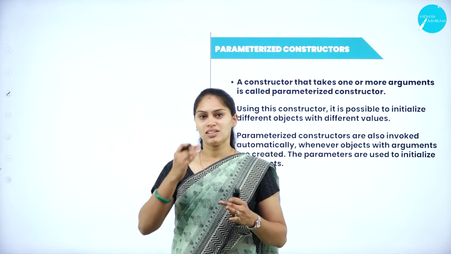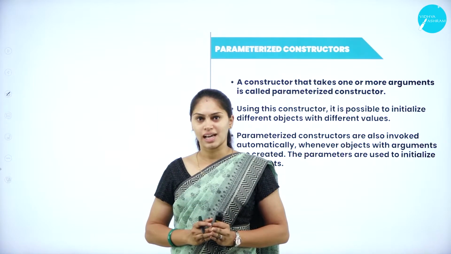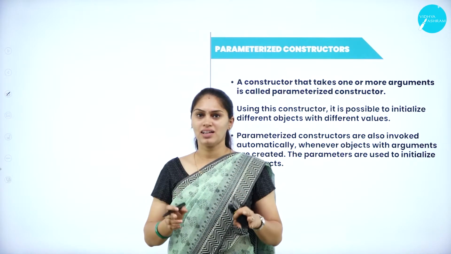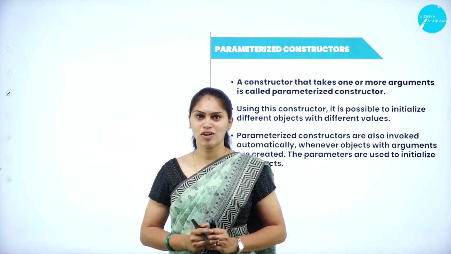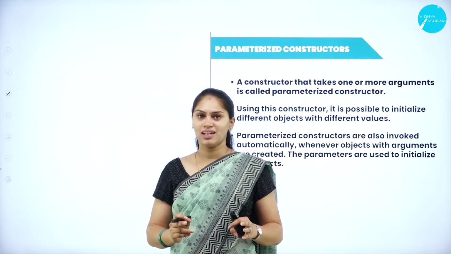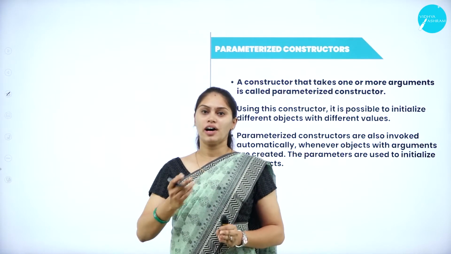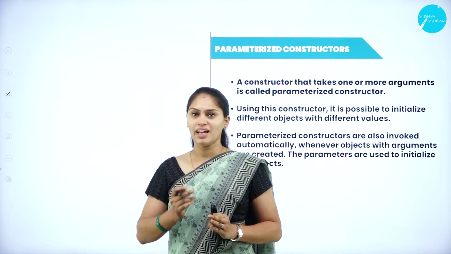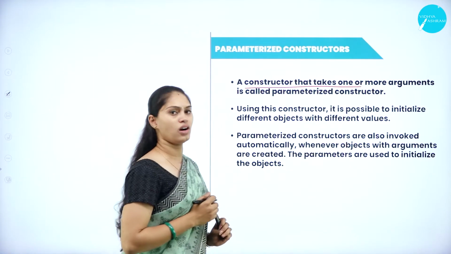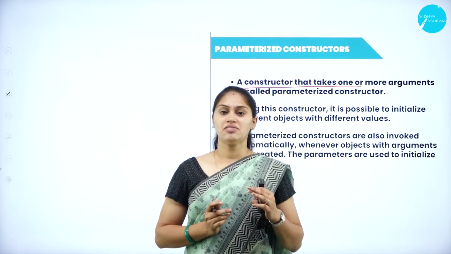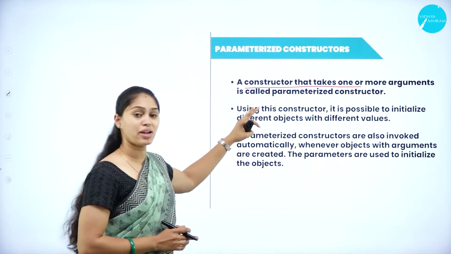You already know what rules have to be followed while writing the constructor function. Then how does a default constructor look like? If within the parenthesis it does not contain any argument or variable value, then I can call that a default constructor. But a parameterized constructor, in that constructor, I am going to send one or more parameters or arguments. Here you can see that a parameterized constructor is going to take one or more arguments. What it means? It is going to take one or more parameters and arguments to the function.